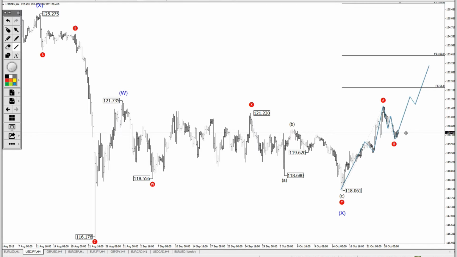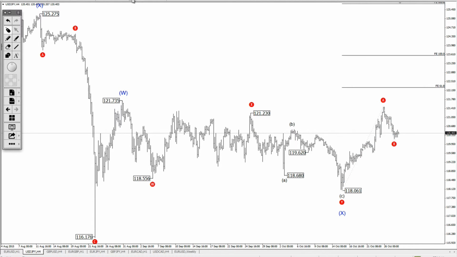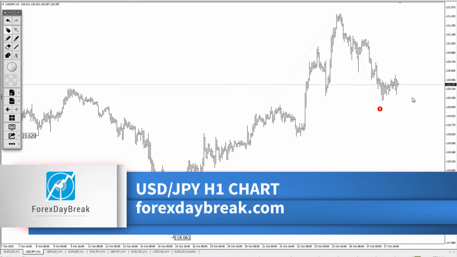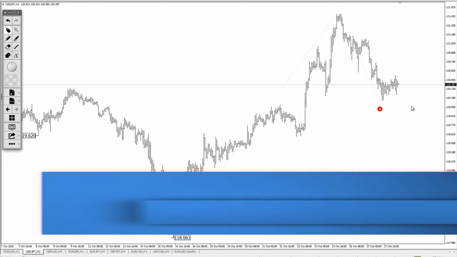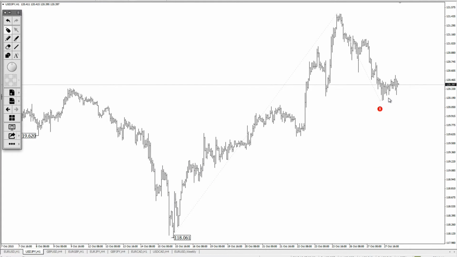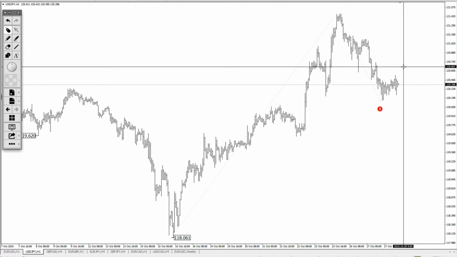If we enter early, there's a good 250 pip move expected here. So let's see this on the 1 hour chart as well. Look at this structure. There is a slight bullish bias here, but it is still a little bit unclear what the correct structure is. We may still be forming this B wave correction and may get more downside in here before the next move higher. Perhaps we can do a limit order around